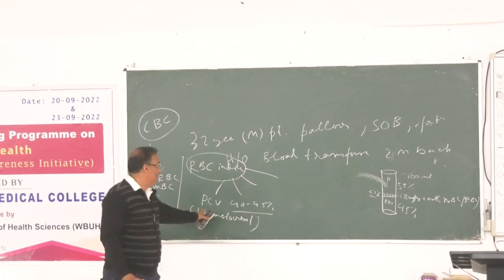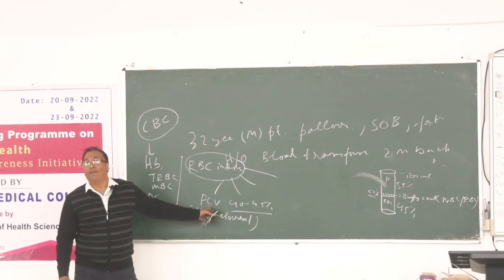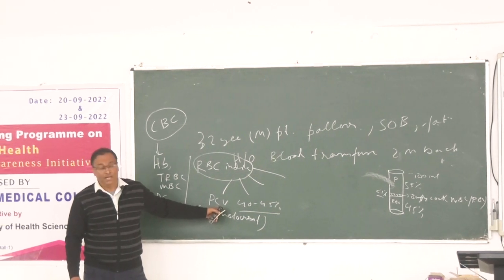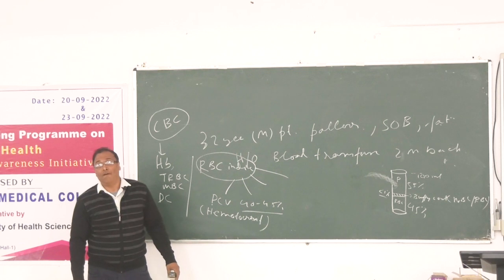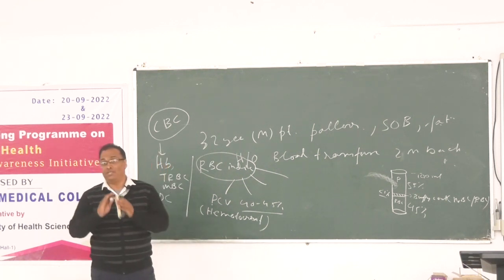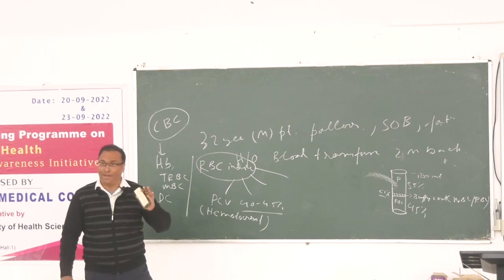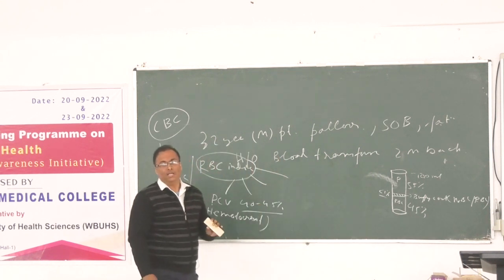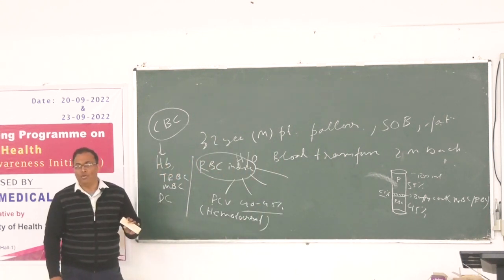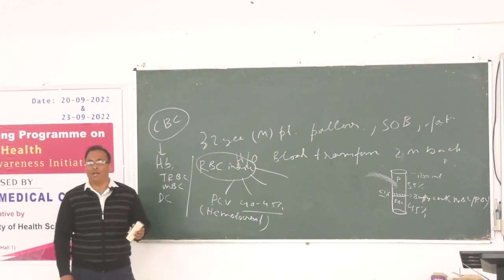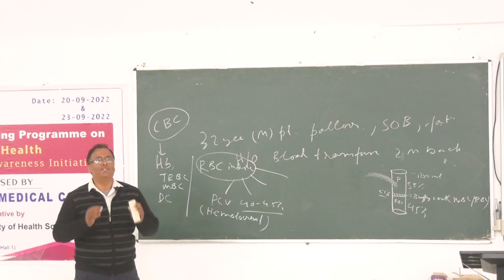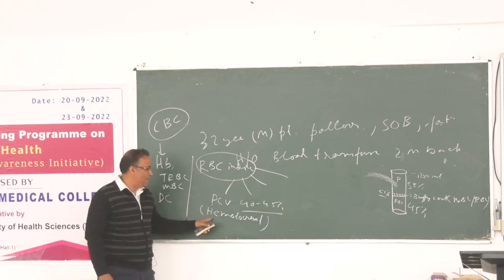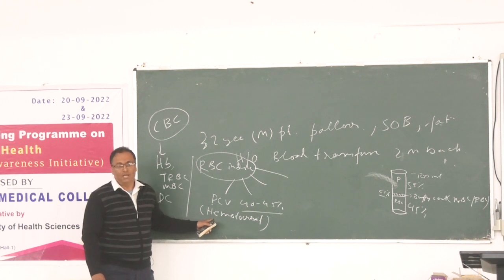Indirectly, it indicates that the PCV value is of the RBC only. But it's not only. যদি পিছনে জিজ্ঞেস করা হয়, it is only for RBC? No, sir. It is definitely packed cell volume. That means after the centrifugation, the percentage of the cellular part that is deposited is the packed cell volume. But as the buffy coat is less than 1% of cells, we consider that a negligible amount of cells, and that's why we consider PCV means only the RBC count or RBC mass. RBC mass is very important, and so PCV is normally the hematocrit. It helps to detect our body fluid volume and body fluid status.